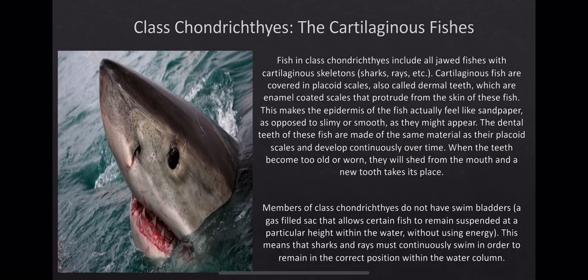My class Chondrichthyes, or my cartilaginous fish, these are going to be sharks and rays and skates. They do have a vertebral column. Obviously, they're vertebrates, but they do have highly cartilaginous skeletons, meaning that most of their bones are not ossified. They're also covered in something called dermal teeth or placoid scales, and these are made of enamel just like teeth,